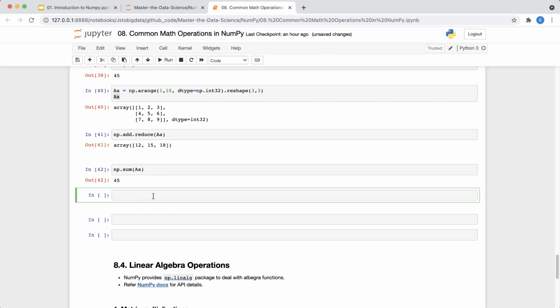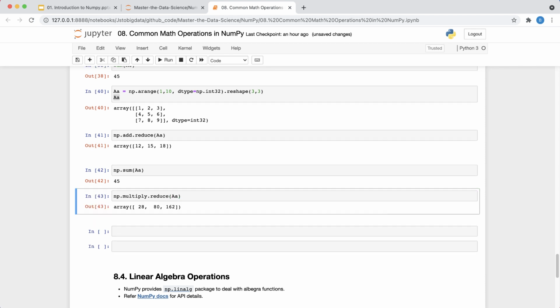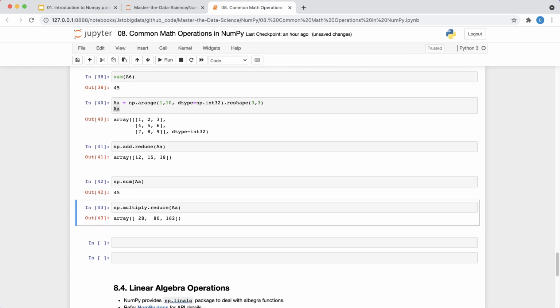Next I want to talk about the reduce and multiply function. So np.multiply.reduce, if I do it with AA, let's see what it gives me. Okay, it gives me 28, 80 and 162. Why? Because by default it works column wise. So 1 into 4 is 4, into 7 is 28. Similarly 2 into 5 is 10, and then 10 into 8 is 80, and 162.